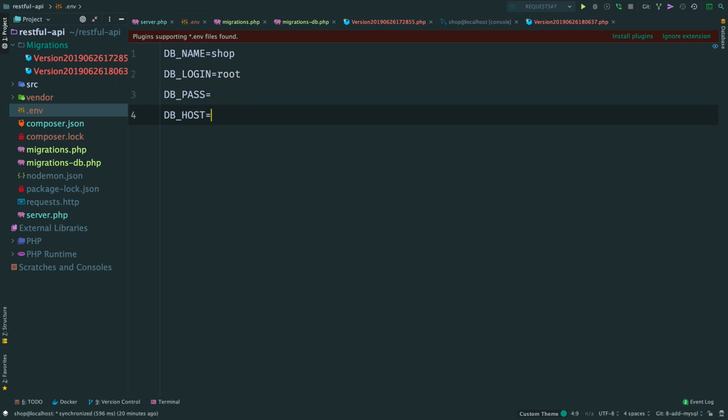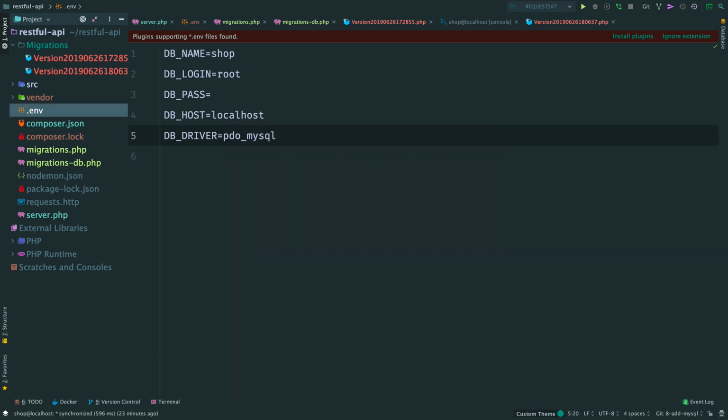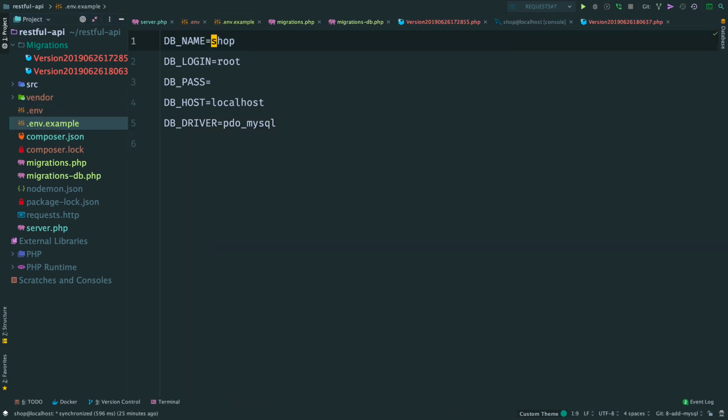Because environment files store sensitive passwords and API keys, it is good practice to ignore these files in the version control system. So we can create an example that contains only variable names, but the actual values will be empty. Copy our file and create a new one, .env.example. Then remove all values from it. This .env.example file should be committed to Git.